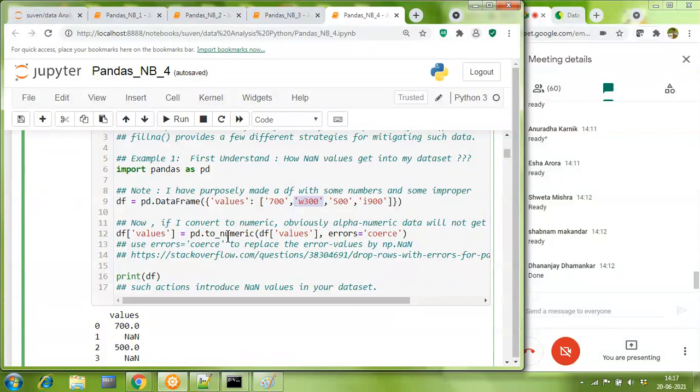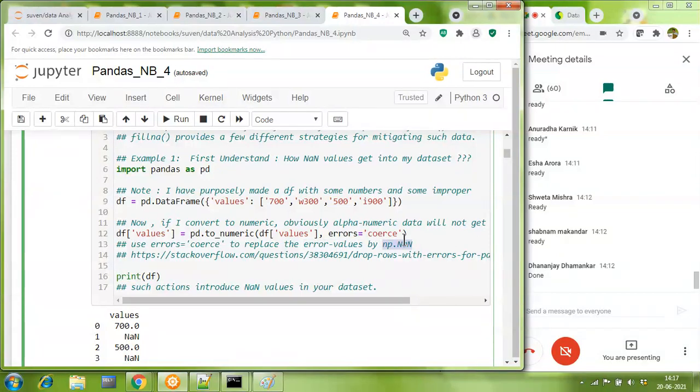Now there is an option in the to_numeric function called errors. To this parameter you can give different values. I'm not discussing them because that will take us off track. But most of the time we keep errors equal to coerce. If we keep errors equal to coerce, it means that whichever values we are not able to convert to numeric, we replace those error values by NaN.